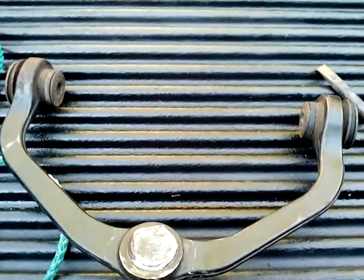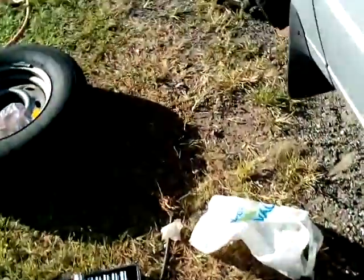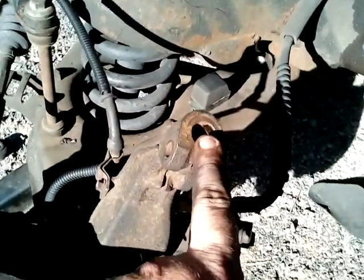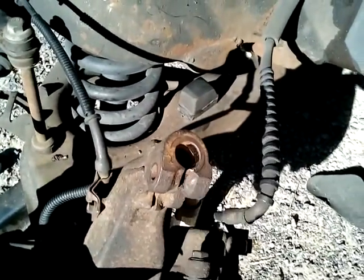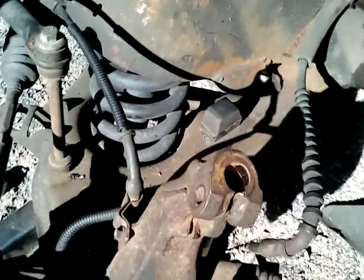Well, guys, we took it off. We took this top one off right here, the progress. We took this top control arm off. As you see, I took it off by myself. The bottom one's still in, that has to come out, and we'll do that another day. But I got this top one out